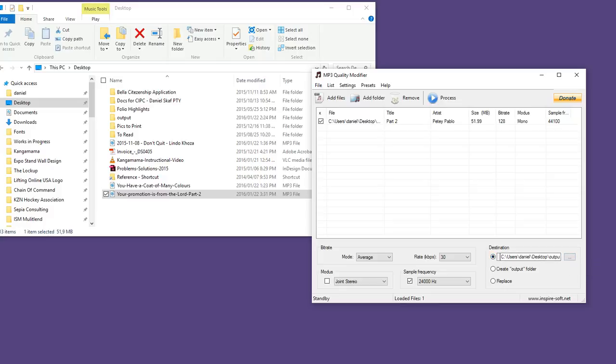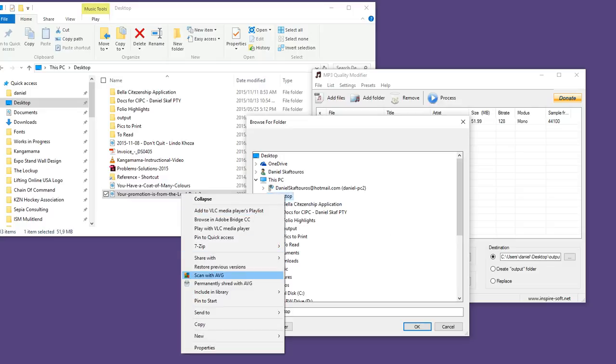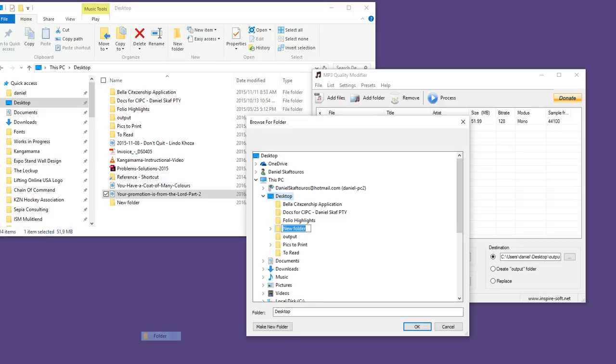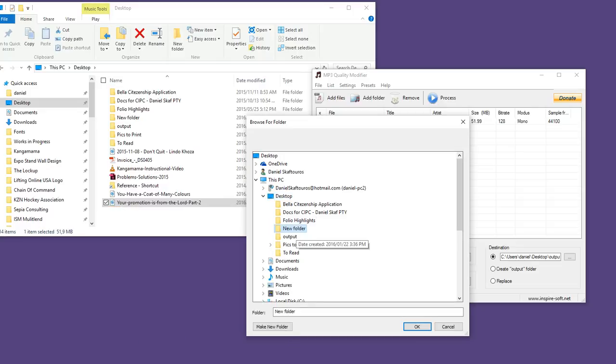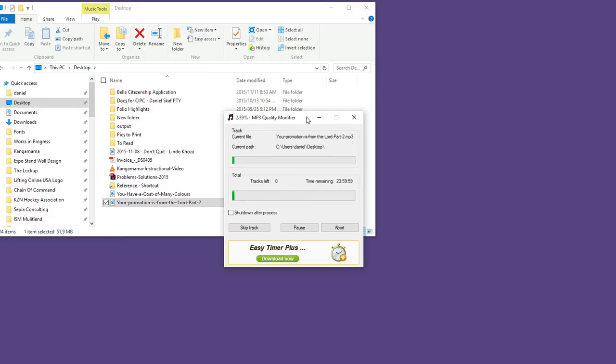and then you can just create a new destination folder. Where do you want the new modified file to go? So click the three dots here, and I'm going to go to my desktop and create a new folder, and I'm going to call that folder Modified MP3 sermon files. Press OK, and then, simple as you like, click on Process,